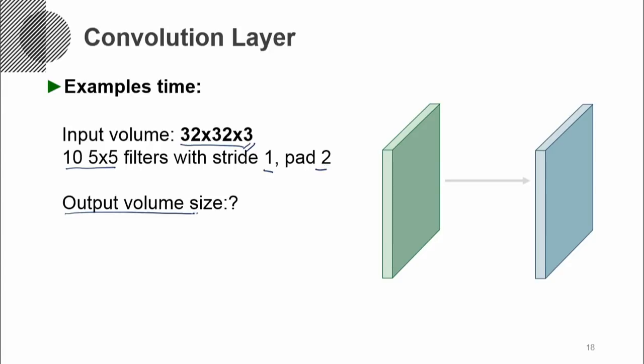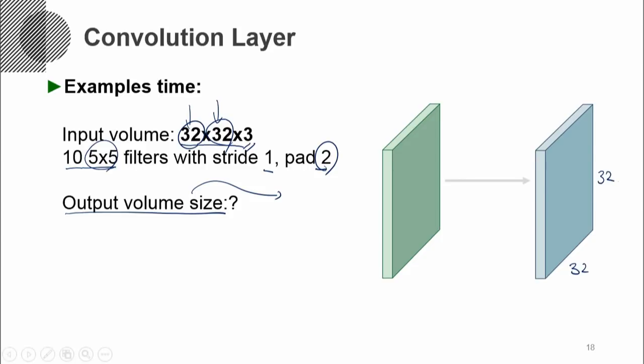What will be the output volume size, which means what is the activation map size? The width and height were 32 by 32, and the filter size was 5 by 5. Then we added zero padding of size 2, which means the width and height will remain the same,